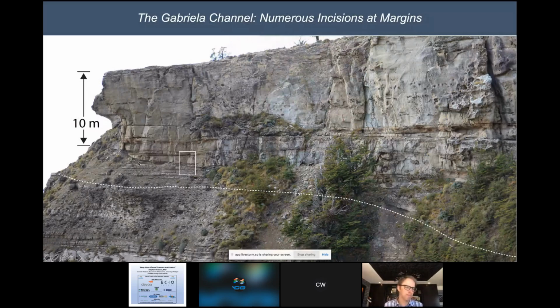These are different. And so what I identified or highlight here is that there's numerous incisions at the edge of these channel bodies, or what I call the margins. And you can already kind of see that. You can see little wedges of sediment, lots of erosion surfaces in here. And if I zoom in on this white box,